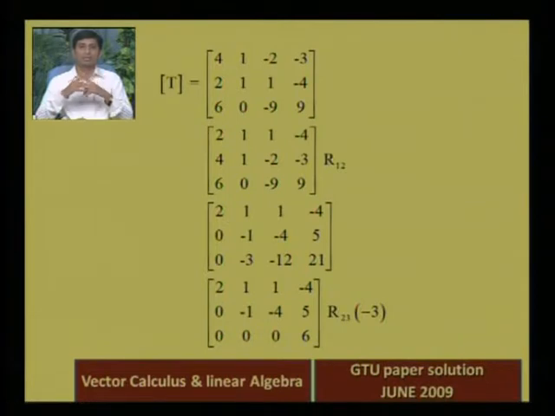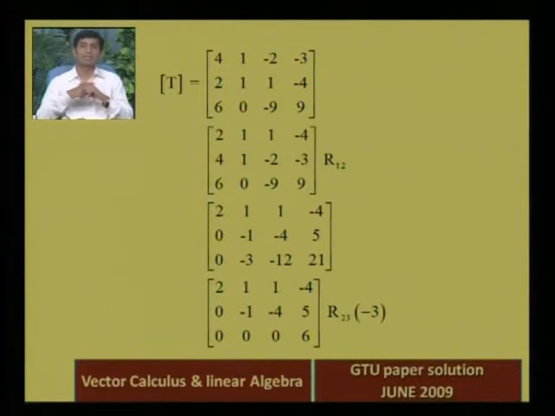That is our first condition. The next condition is whenever we are going from above to below, your leading entry is going from left to right, row wise. Whenever we are going from above to below, our leading entry is going from left to right. That is the second condition which has to be followed.